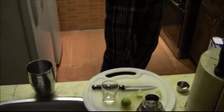A shot of Cointreau, or if you don't have Cointreau, you can use triple sec. Cointreau is sort of an orange-based liquor, or some people like to say liqueur, and it's very orangey. It's very fresh smelling. Very nice. So we have a shot of it here,